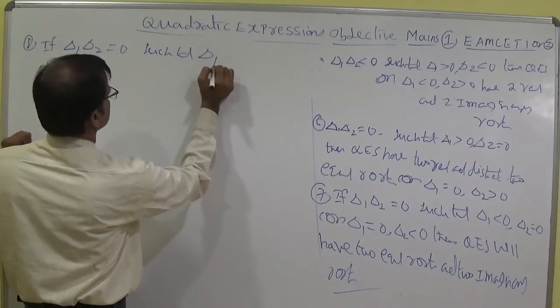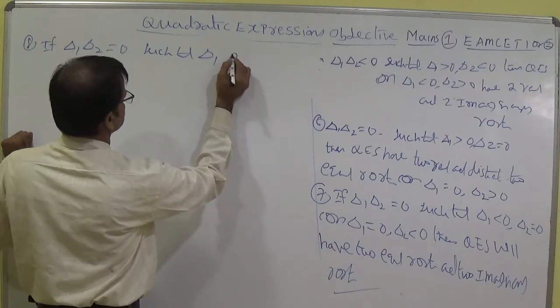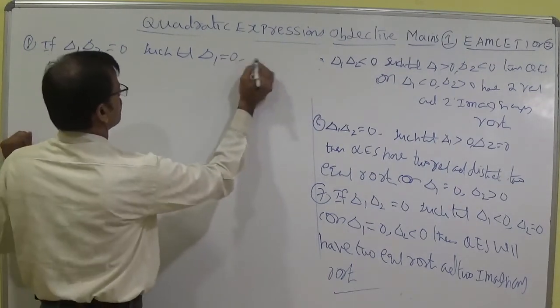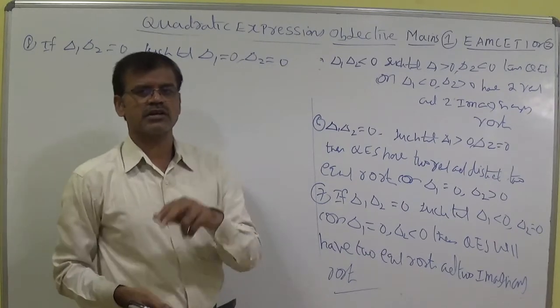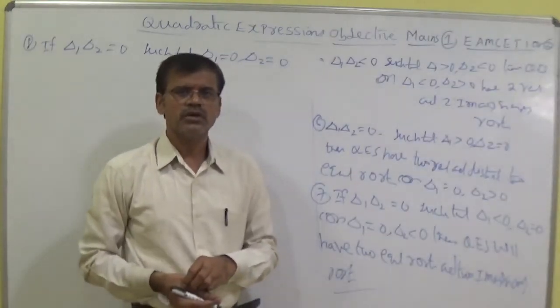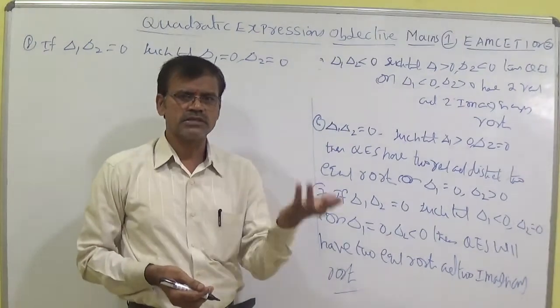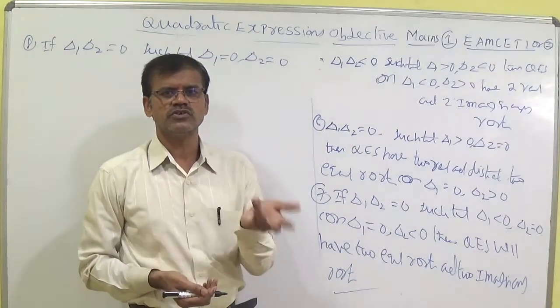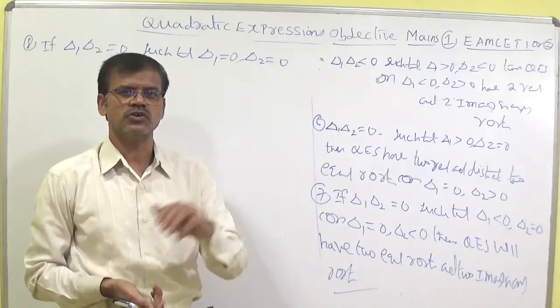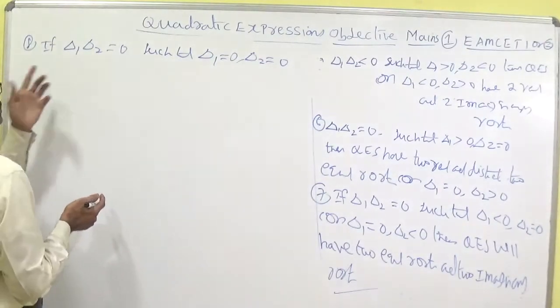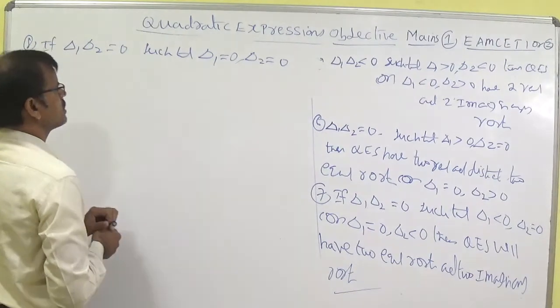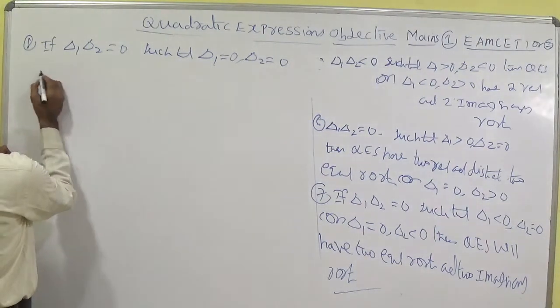Total cases we have discussed about greater than and less than also. Now we can write delta 1 is equal to 0, delta 2 is equal to 0. If the product of two numbers is 0, then we can conclude plus into 0, minus into 0, 0 into plus, 0 into minus, or 0 into 0. That case I am now going to discuss. If delta 1 is equal to 0 and delta 2 is equal to 0, then